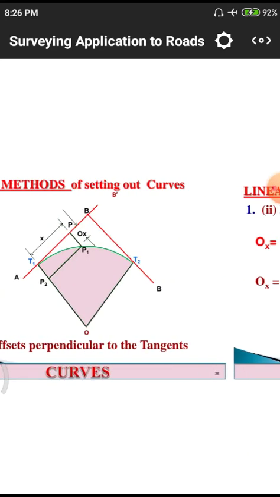First of all, we have to take the points one by one up to a 15 meters length. For each and every meter, for the first meter we have to give an x distance and mark the point. After the second meter we give another x value and mark it. Likewise 1, 2, 3, 4, 5, 6 up to 15 we need to give markings, because 15 is the center point. The length of the curve is 30 meters. We divide those 30 meters into two equal parts, so 15 is the maximum value. At 15 meters we get the peak of the curve.